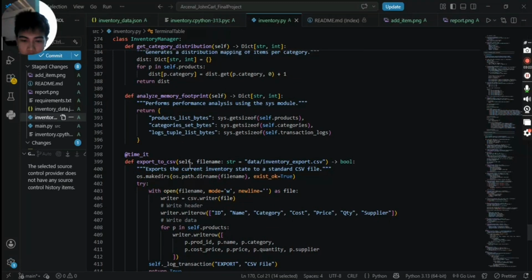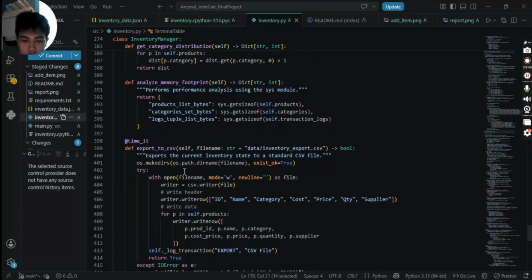I created a custom timeit decorator to act as a performance analyzer by wrapping my IO methods like the export to CSV function. The wrapper intercepts the function execution, calculates the exact process time, and logs it to the console.